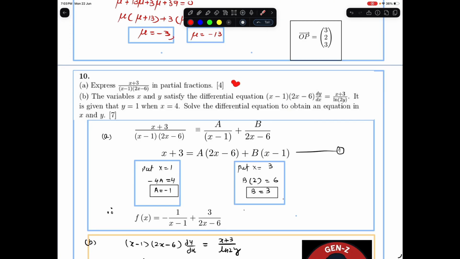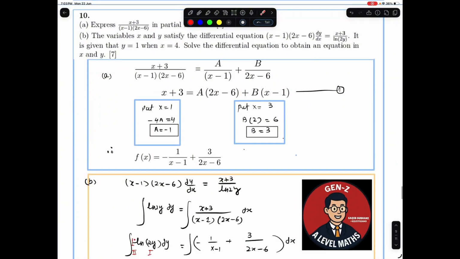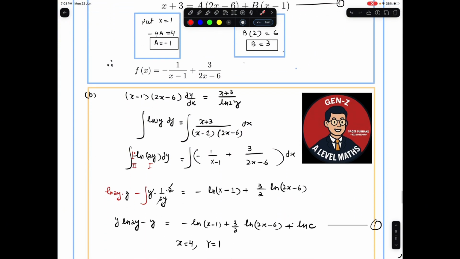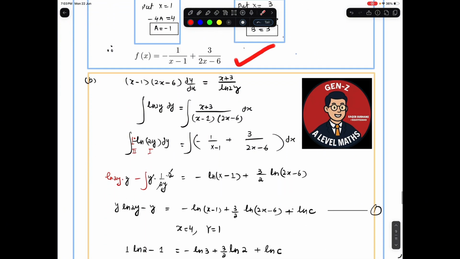तो फर्स्ट पार्ट इज़ वेरी इजी। हम कहते हैं एक्सप्रेस दिस इनटू पार्शियल फ्रैक्शंस। तो हमने ये फर्स्ट पार्ट, चूँकि ये लीनियर डिनोमिनेटर है, नॉन रिपीटेड लीनियर डिनोमिनेटर है, तो a ओवर x माइनस 1, b ओवर 2x माइनस 6। फिर हम इसको इससे मल्टीप्लाई कर देंगे, इसको इससे मल्टीप्लाई कर देंगे, ये हमारे पास a की वैल्यू आ जाएगी, ये हमारे पास b की वैल्यू आ जाएगी। तो दैट वाज द फर्स्ट पार्ट जो कि हमने सिंप्लीफाई कर दिया।